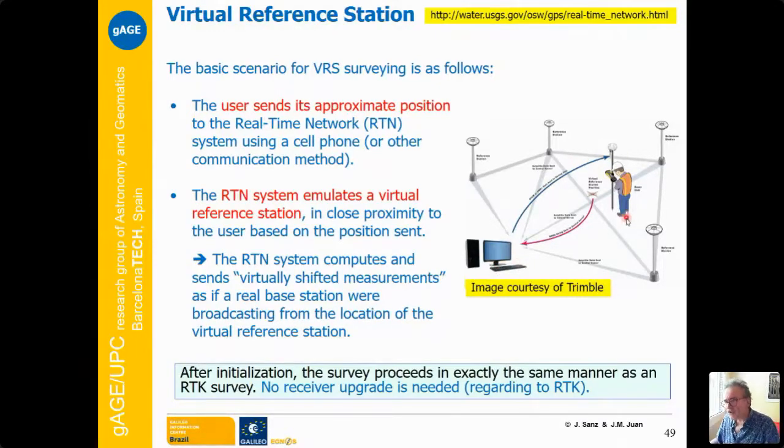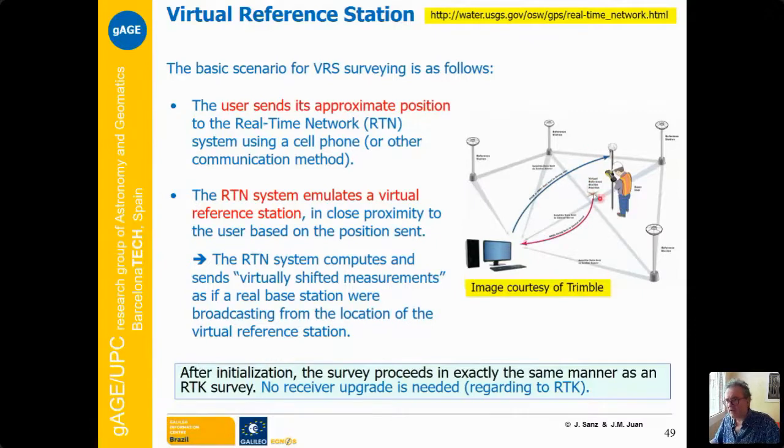Then the user goes into the coverage area and estimates its position using code with an error of meters. This is not critical. The user sends its position to the central processing facility, and the central processing facility, using the propagation model, emulates a virtual station